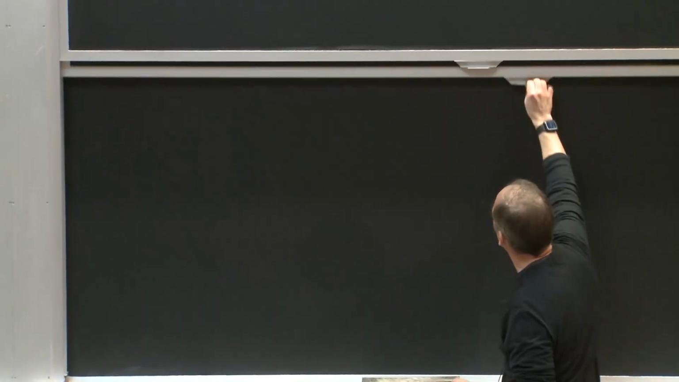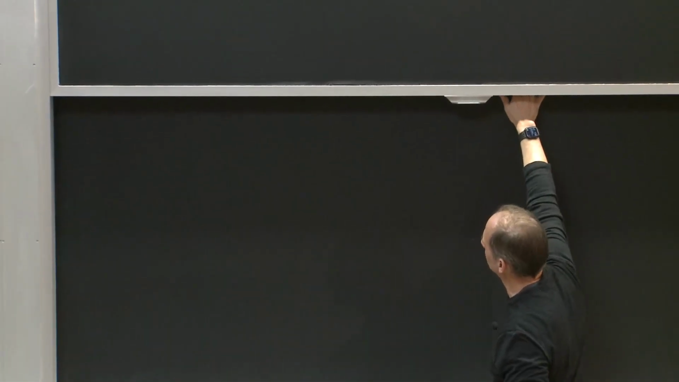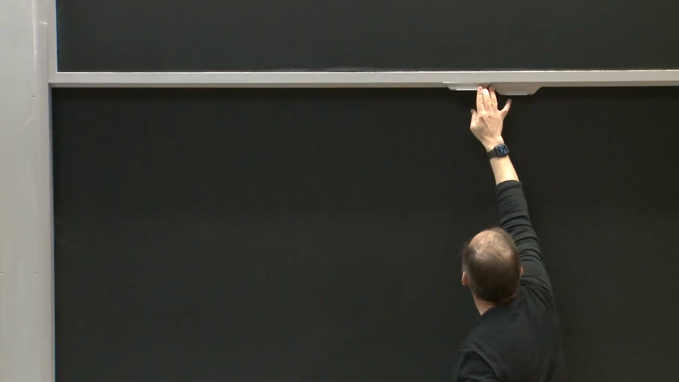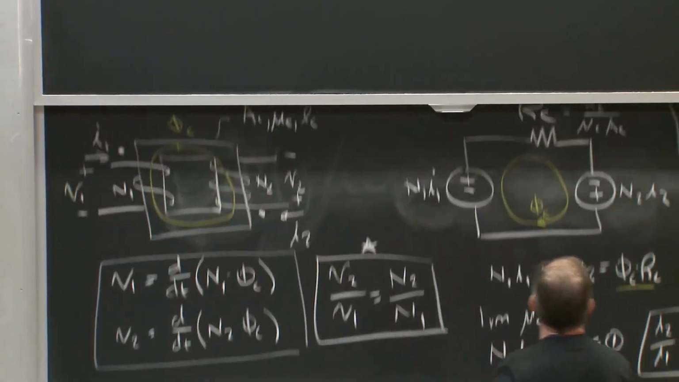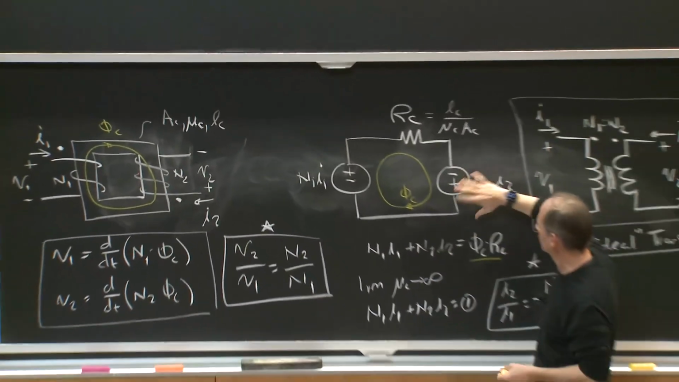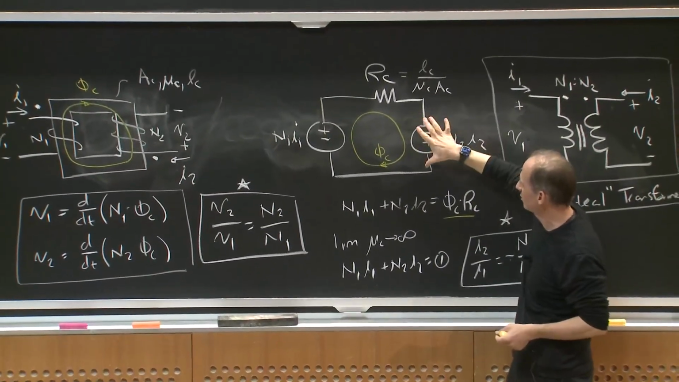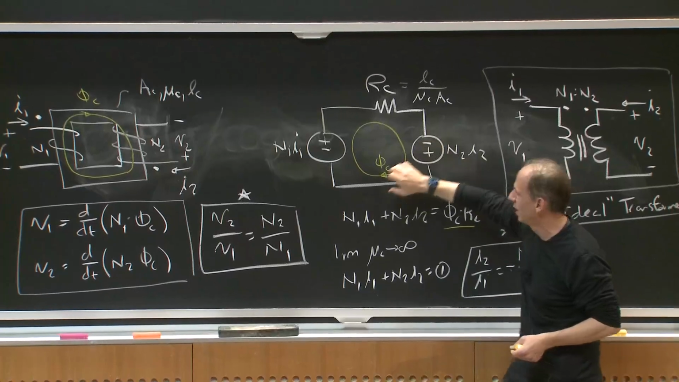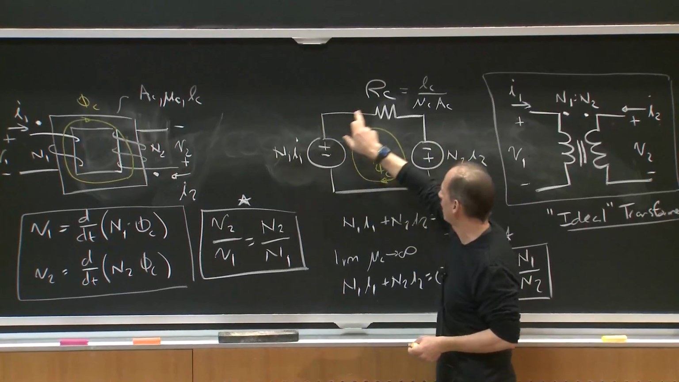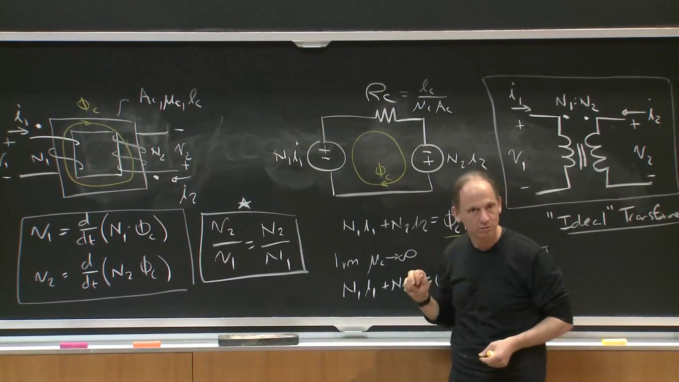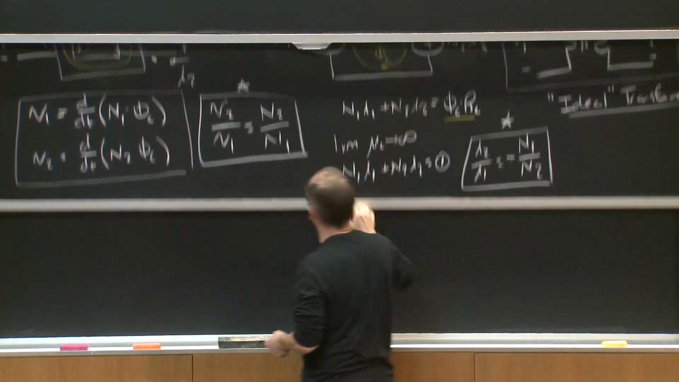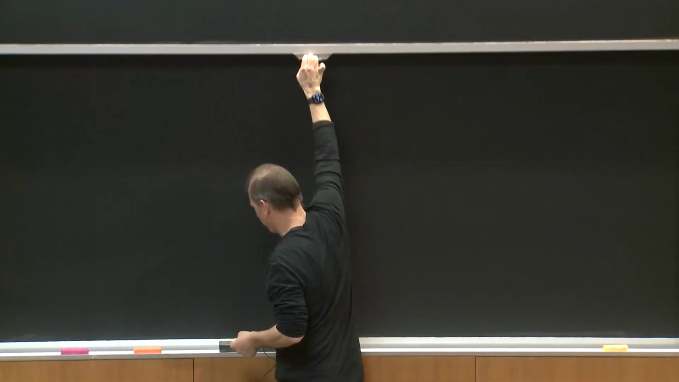What would I expect in a real system? Well, I already have the model right here. All I've done is made I2 0, which means this MMF source is 0. And I have this flux source, N1I1, and a reluctance of the core, right? So what I would really get, if I2 is 0,